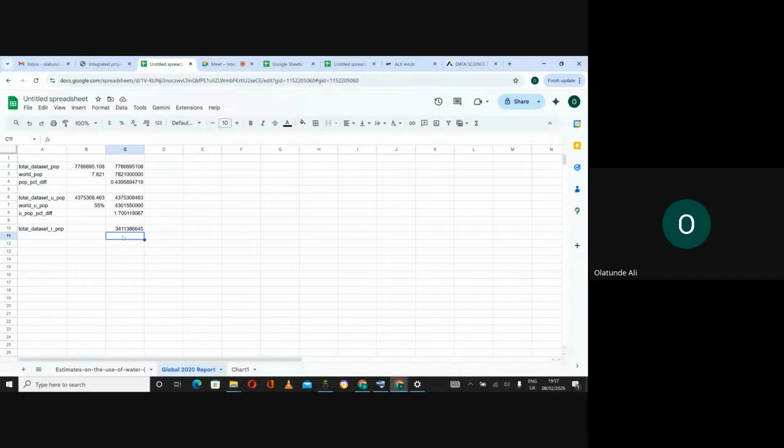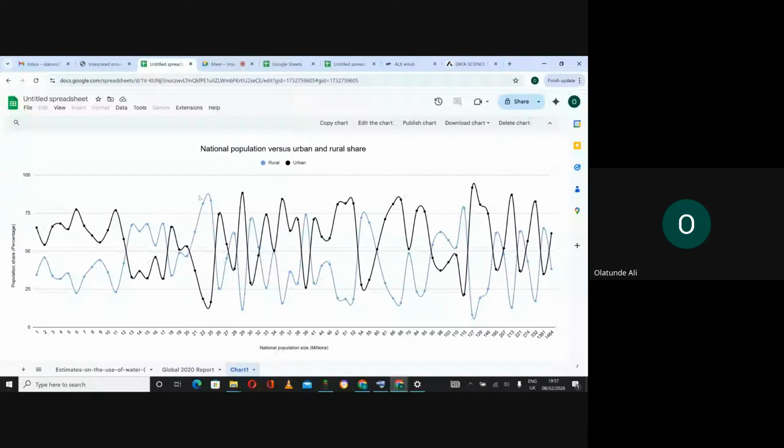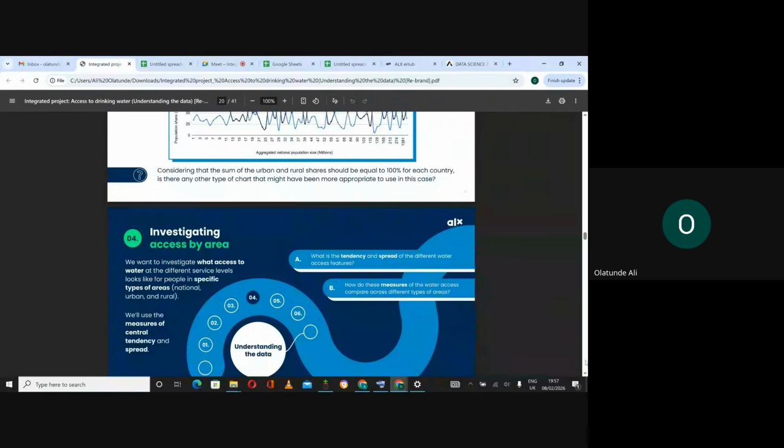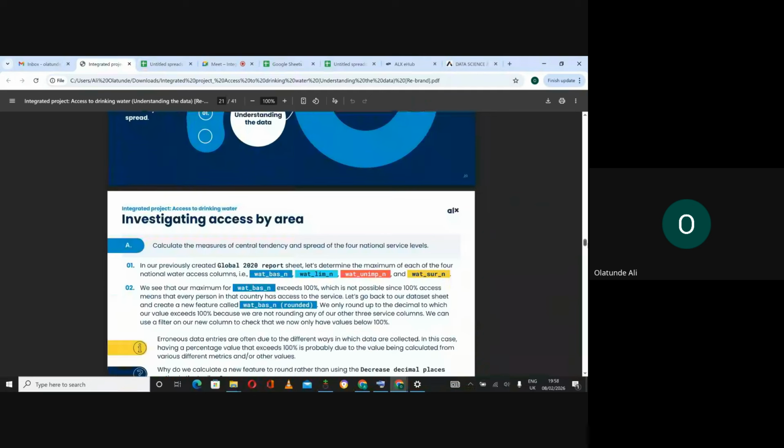In our initial graph, we can see that there was an outlier. And in this one, you can see that they are all aligning towards the 50%. So we've been able to tell so much. So let's go to the next one, which is where we have to investigate our data sets